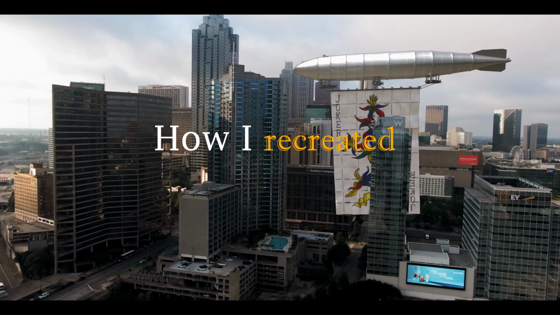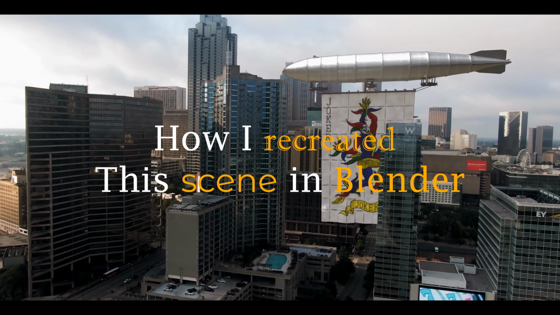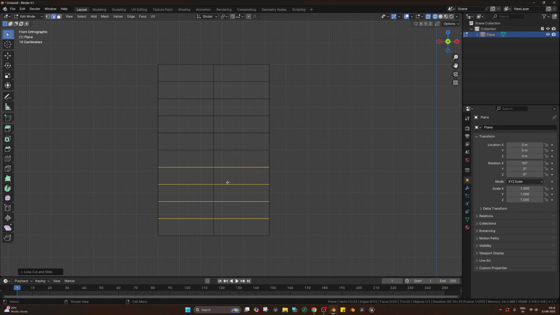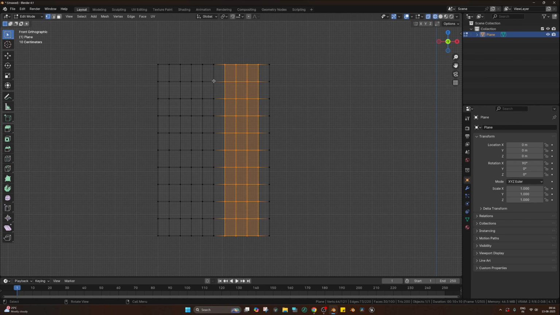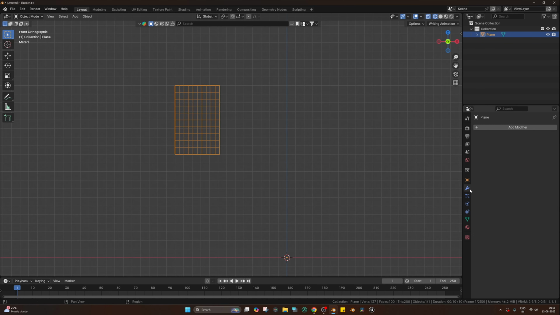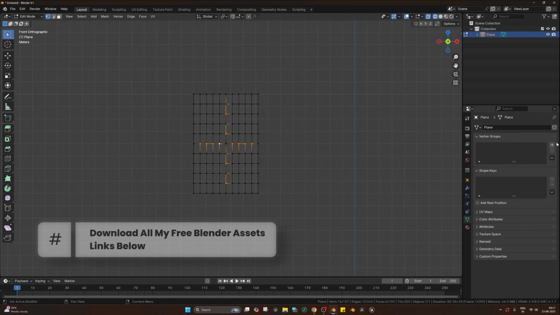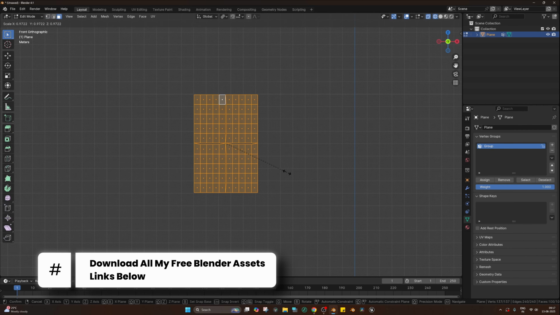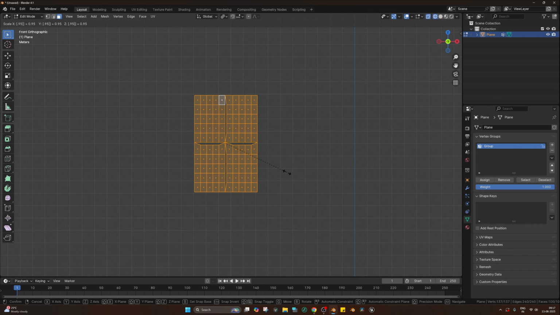Here is a quick breakdown of how I built this Joker card simulation from Alice in Borderland in Blender. I started with the rectangle plane and added some loop cuts to give it some geometry, and selected the mid vertices except the center one and ripped them apart using V. I selected the top vertices and assigned a vertex group to that to make it a pin group so our cloth can fall,